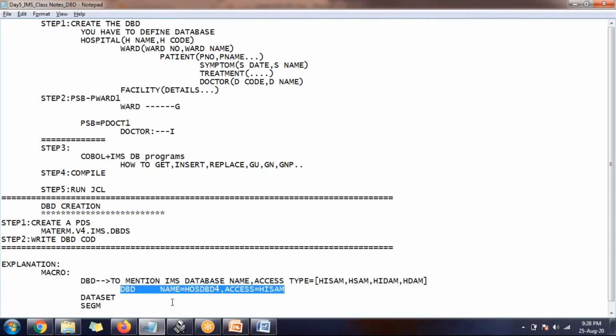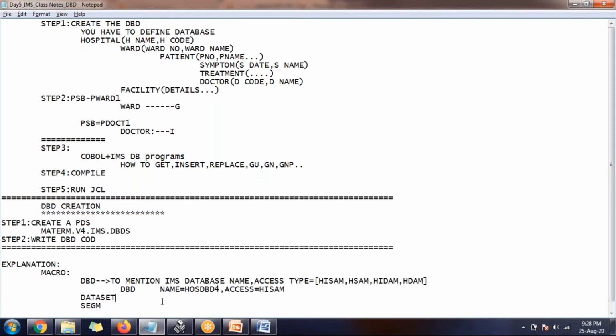There are many other parameters, but those are not required for us because in real time these things are created by the IMS DBA. But to give you a clear picture, I am writing the code in front of you.